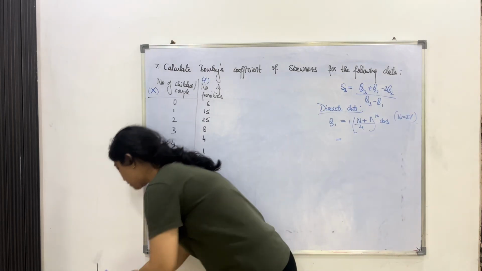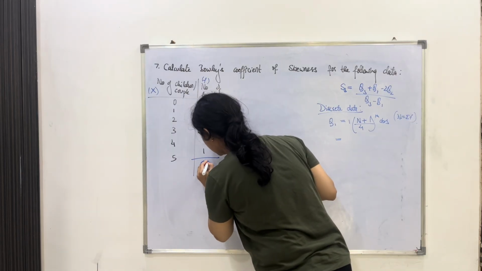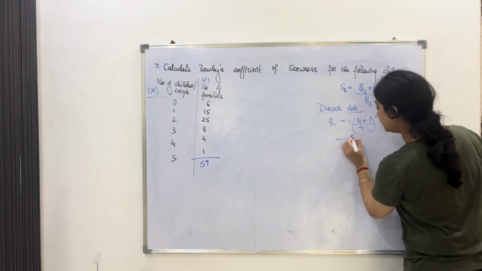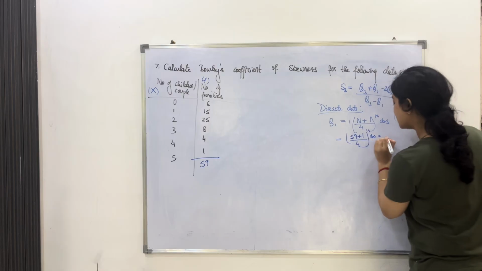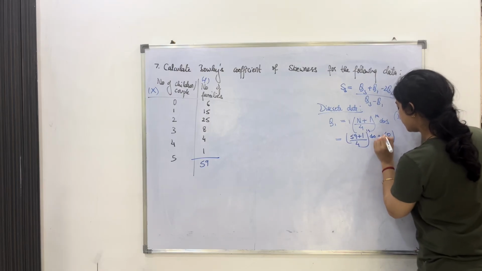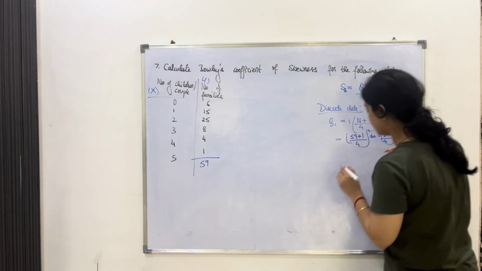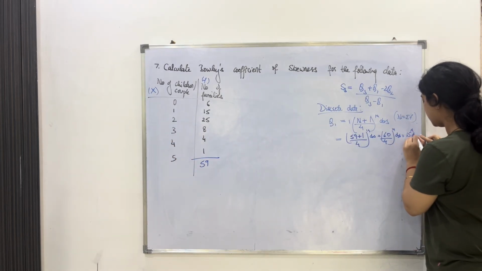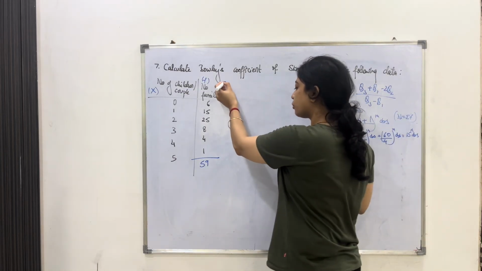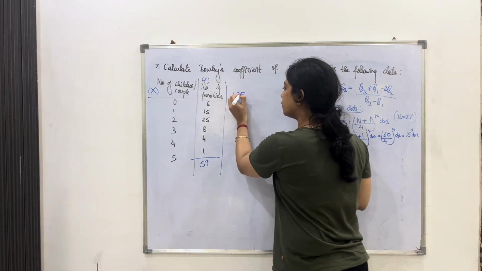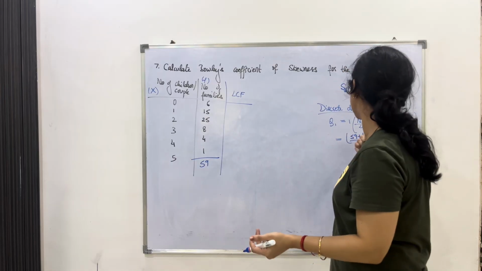So let's calculate what is the total of frequency. So here we have the total as 59. Let us substitute this. 59 plus 1 by 4th observation, and the answer is 60 by 4th observation. And the number is 15th observation. So how should we find the 15th observation? In this particular case, we are supposed to calculate the cumulative frequency column, and get the value of this particular observation.